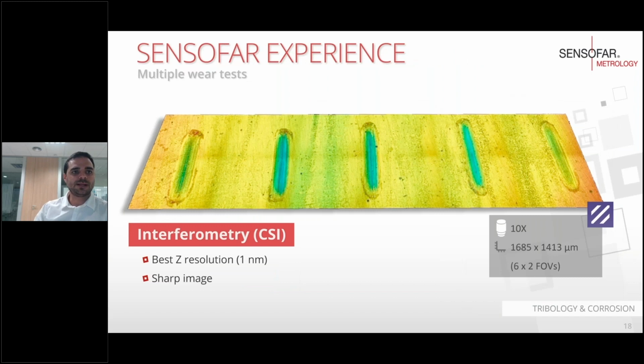So let's focus on some specific examples that we have measured here in Sensofar. Here we have a multiple wear test. What we are doing is measuring the wear of these 5 groups, and we wanted to do it fast and accurately. So we decided to select interferometry, because then we can maintain the best